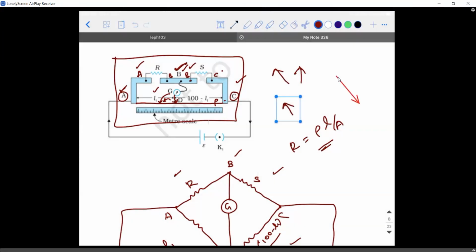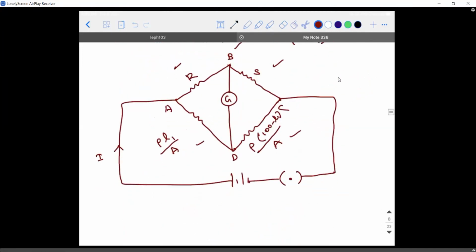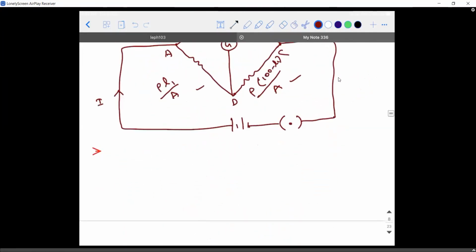The galvanometer was showing, one minute, sorry, it was showing deflection like this. As you are reaching the point D, it will turn and it will stop. After you cross the point D, it will start showing deflection on the other side. So exactly at point D is where the whole bridge is getting balanced. What did I say is the condition under balanced? The mathematical relation under balanced condition? Revisit and tell me.